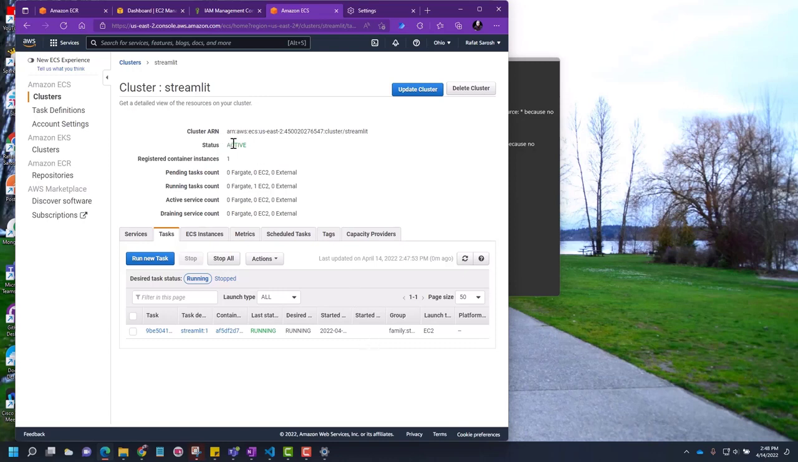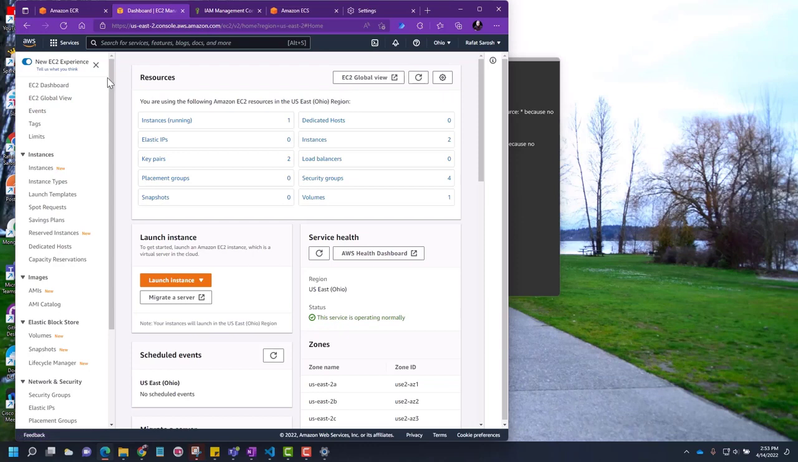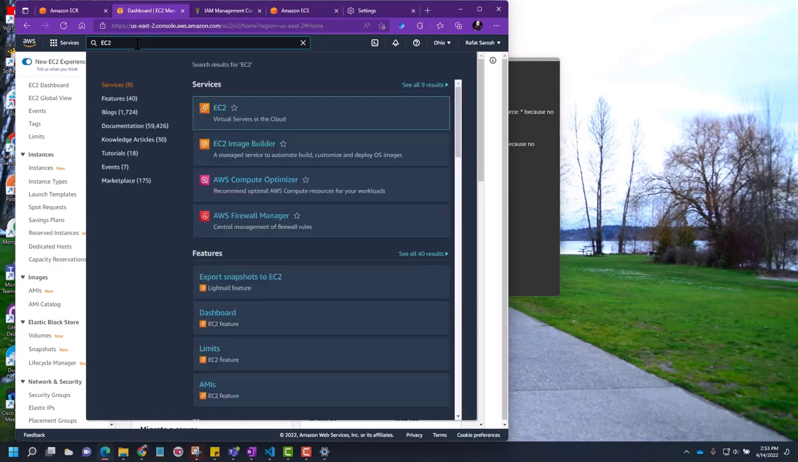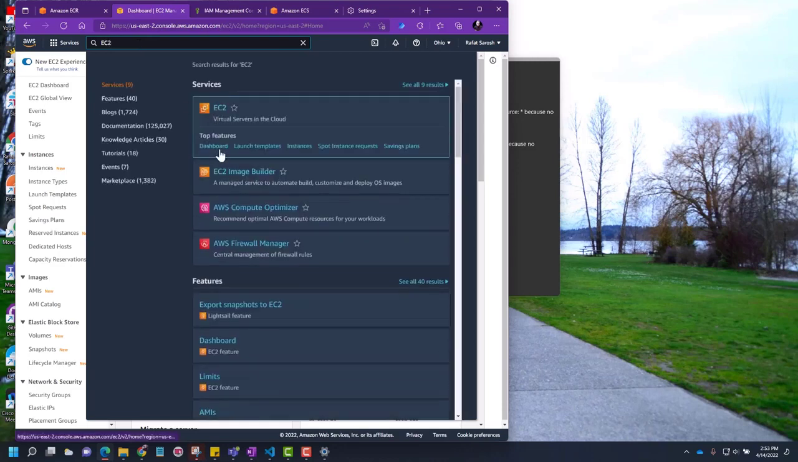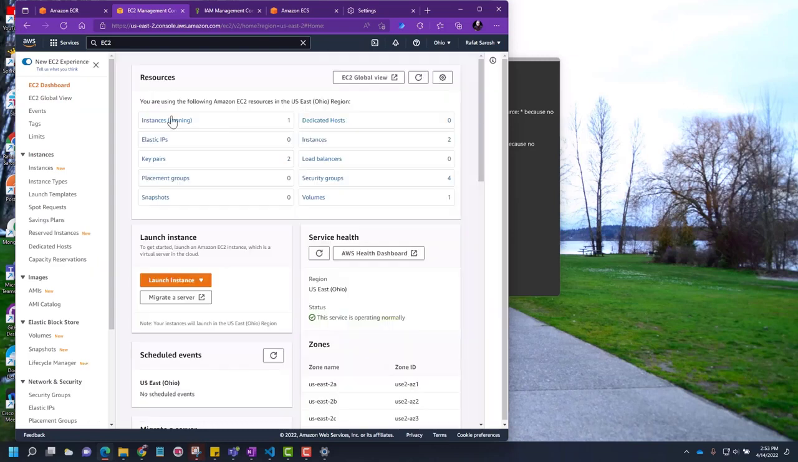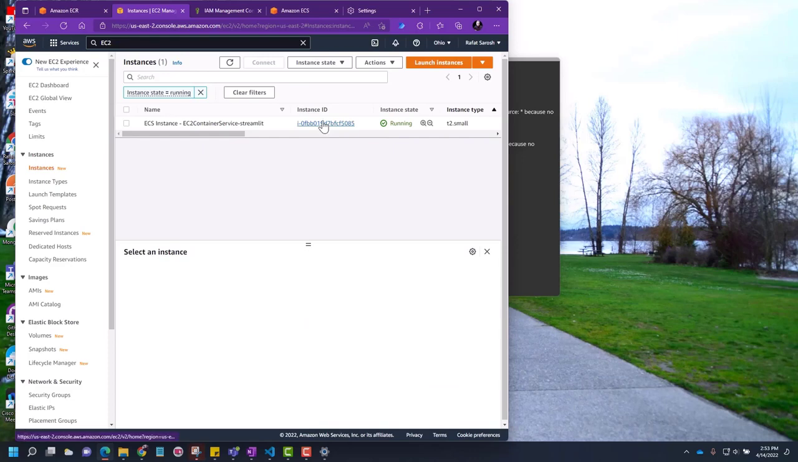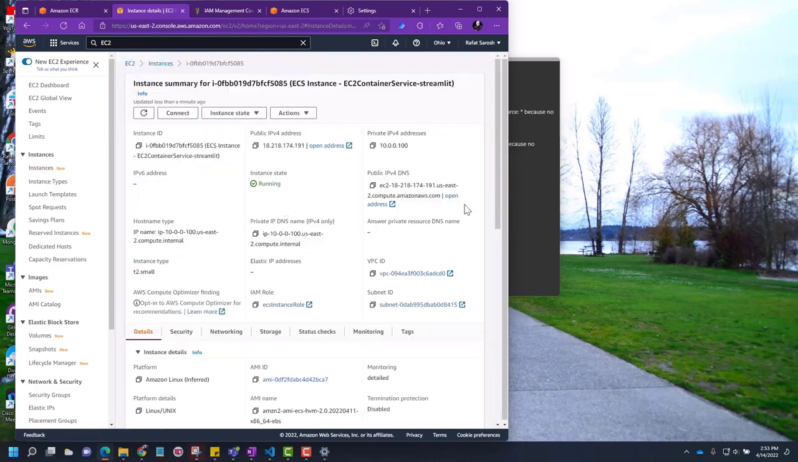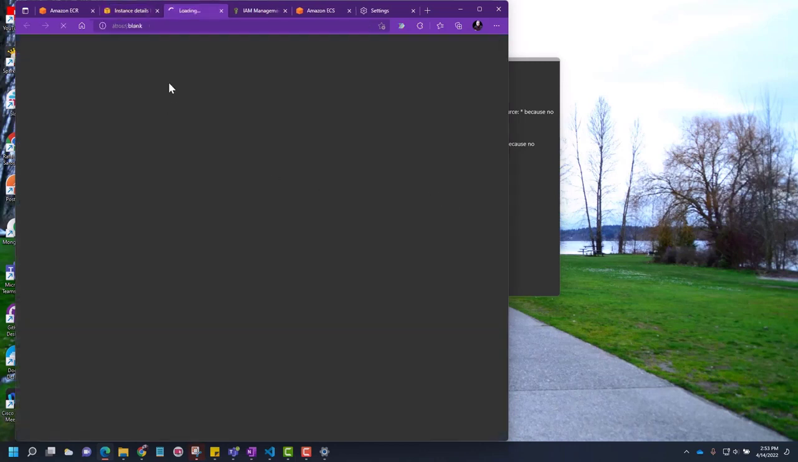Now let's go to EC2. So now we come to EC2. You will come to this EC2 dashboard by just searching EC2. As you can see here, you come to this dashboard and you see one instance running here. And here, when you click on the instance ID, you will see the public address. So if you click on this open,